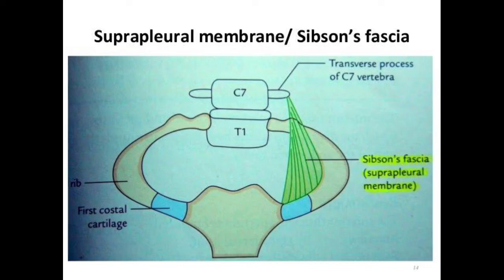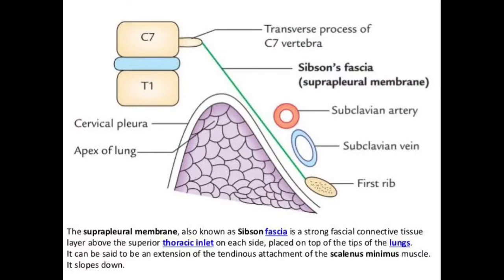Now coming to the attachments, the apex of this Simpson's fascia is attached to the tip of the transverse process of 7th cervical vertebra, and the base of this is attached to the medial margin of the first rib along its costal cartilage. So I repeat, when you see the attachments of the Simpson's fascia, laterally it is attached to the first rib,